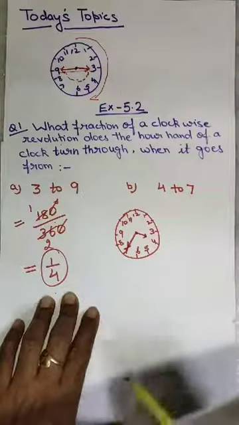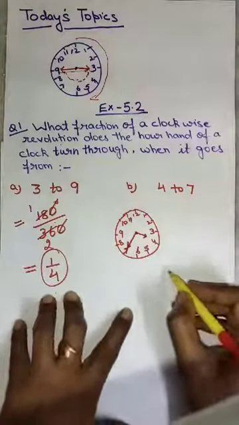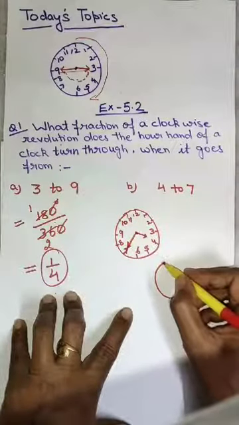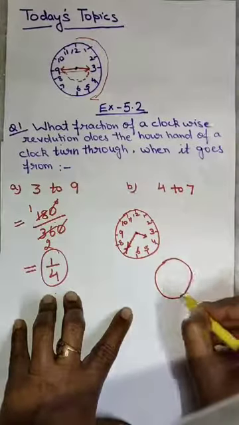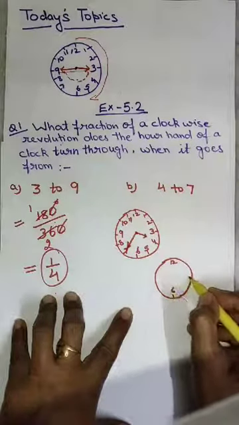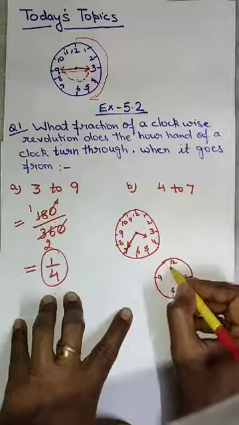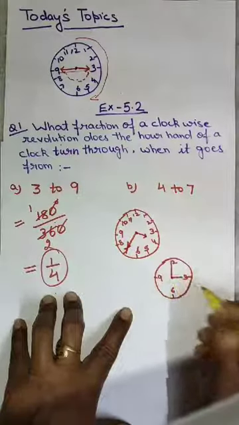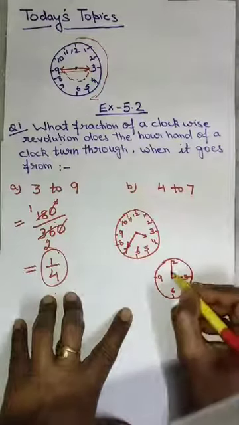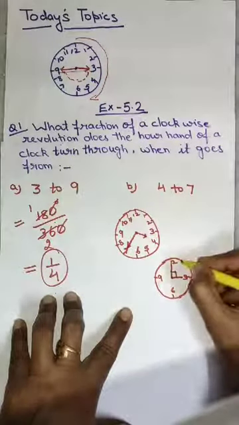Now see, students, you all know about the right angle. In lecture number 1 also I told you that a right angle is like this. It means from 12 to 3 it is making one right angle, a 90-degree angle.